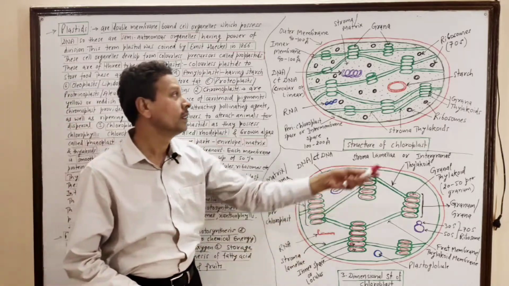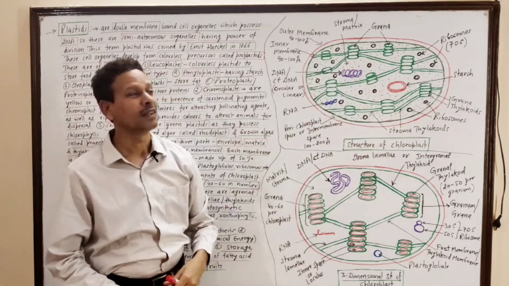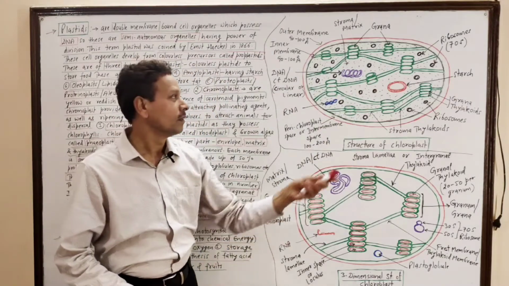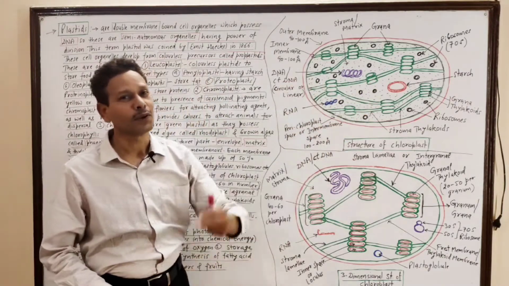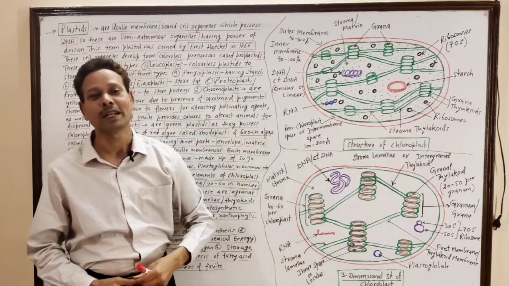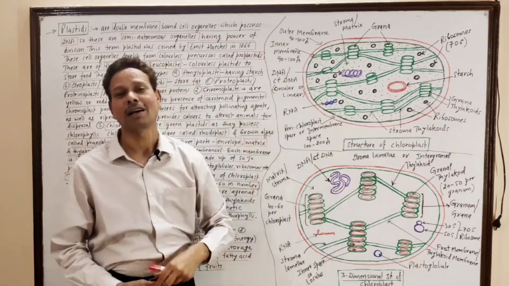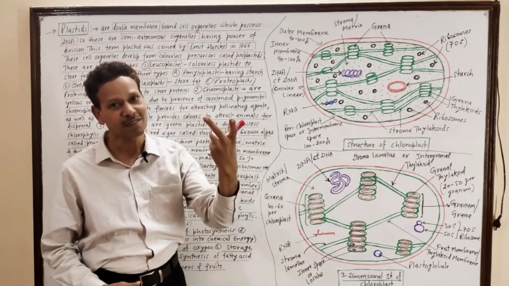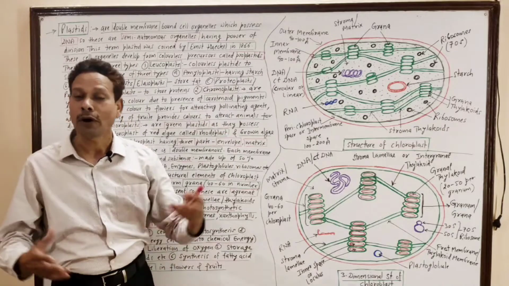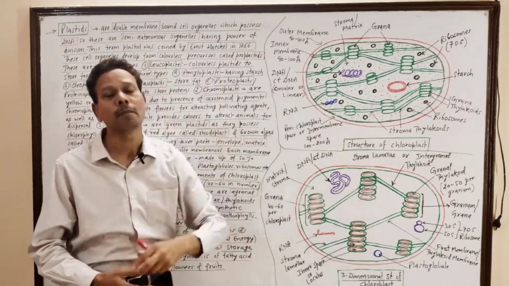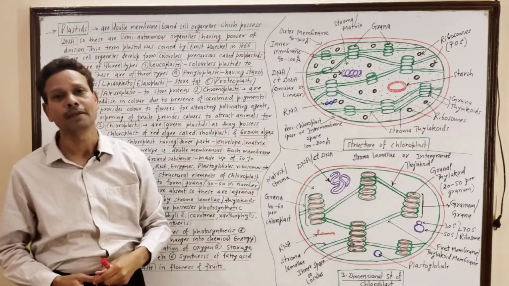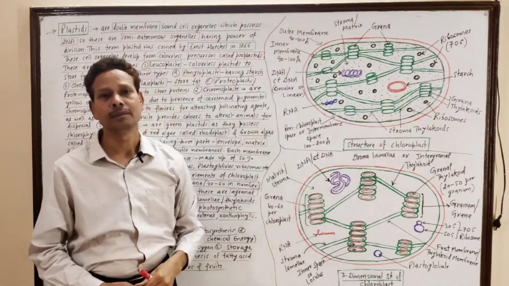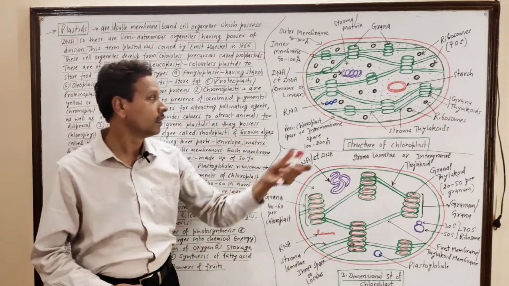Second component of this chloroplast, that is matrix, or it is ground substance. Note down NEET students, competitive exam students, this matrix is stroma, and the matrix or ground substance is mainly made up of proteins. About 50% part of this ground substance is protein, and the remaining part of the matrix constitutes DNA, RNA,